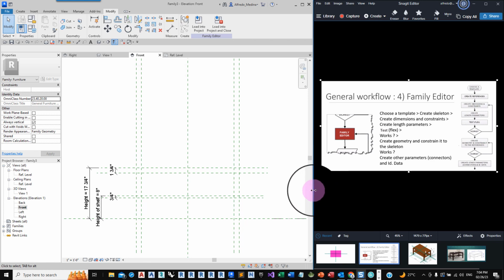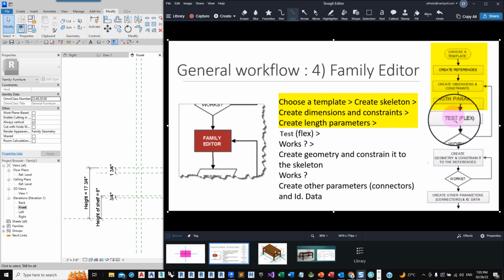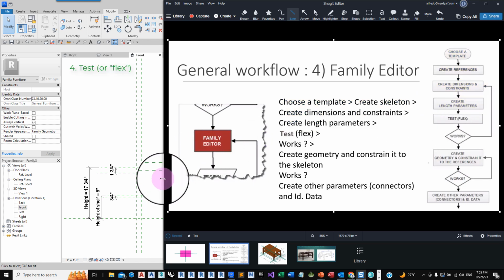Notice in our workflow, we created the references, and we also created dimensions and constraints. Some of them were locked and some of them were converted into parameters. The ones that don't need to be parametric are simply locked. And then our next step is to test or flex if these values work correctly.